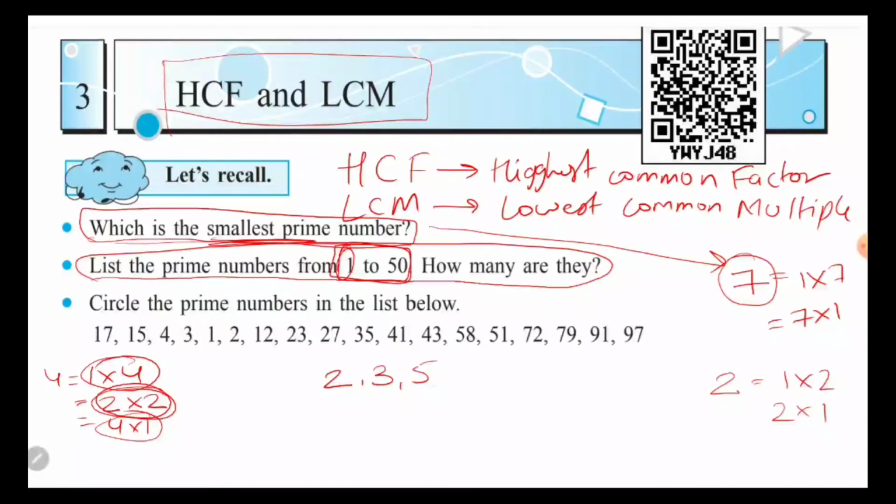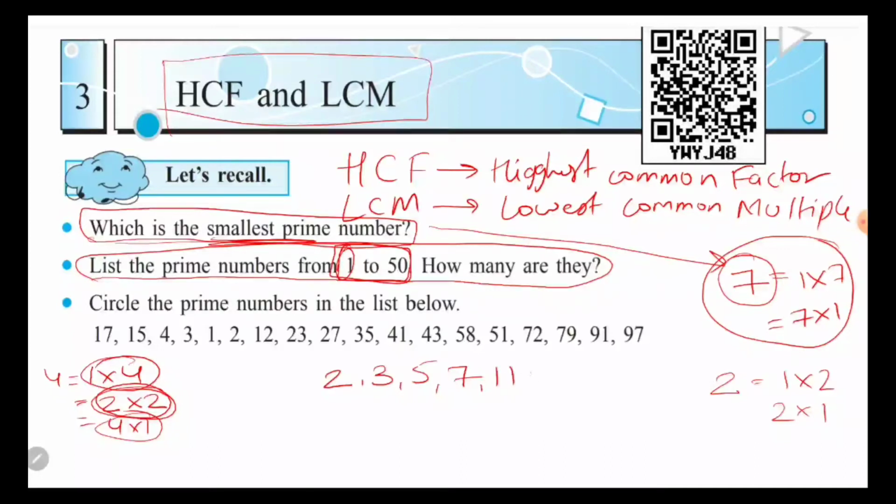Okay, 6 is also not a prime number. Why is 6 not a prime number? Because 6 comes in 3's table. 3 twos are 6, 2 threes are 6, 6 ones are 6. Okay, so this is not a prime number. But 7 is a prime number because we have seen just now that 7 does not come in any table. Now 8 is a non-prime number because 8 comes in 4's table, 2's table. Okay, 9 is also not a prime number, 10 is also not a prime number, 11 is a prime number.